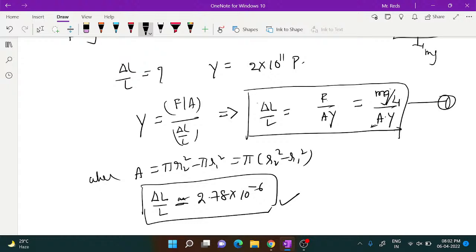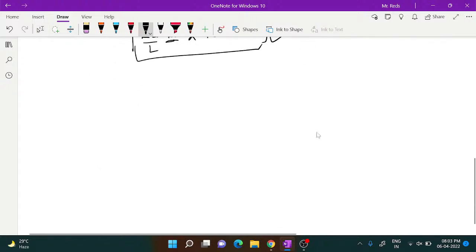It's direct substitution only. We only have to understand the terminology when this concept is discussed, so we have to have a brief discussion about that. What is Searle's experiment? Searle's method, or Searle's experiment, is used to calculate the Young's modulus experimentally. It is an experimental method to calculate that. We'll see that anyway, but briefly, what you can understand here is